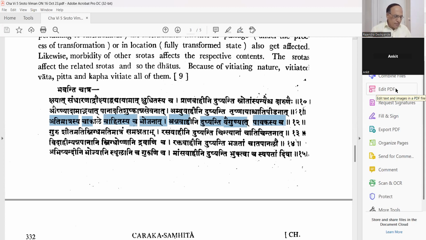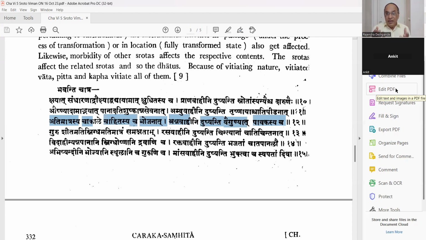Okay. Second, akala bhojana, very important. I have already told you about circadian rhythm. We should balance with nature. At 12 o'clock the sun is at the top, so vertical rays are coming and your pitta kala is there, 12 to 2 p.m. So you must take your lunch during this 12 to 1 period. But if you take your lunch in the afternoon at 4 o'clock, that is not the proper kala.